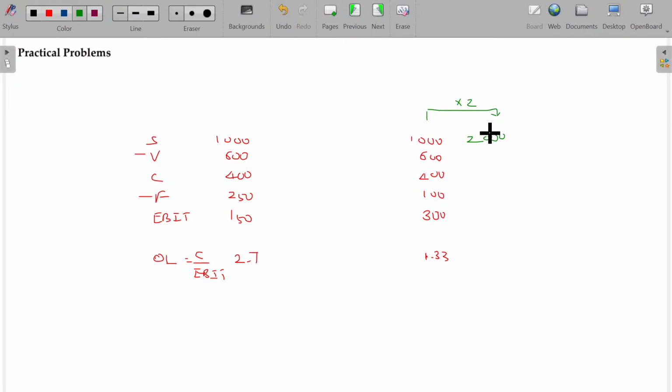Is that okay? Now see, if you are doubling this, your sales is doubled. Variable cost will proportionately change, so it will also be double. Contribution will also be double. But what about the fixed cost? That remains the same. What is the final EBAT here? 700. Is that okay? Now this one is double. What about the situation here? 700 will be the new value. From the 300, represent that in percentage. Come on, tell me.